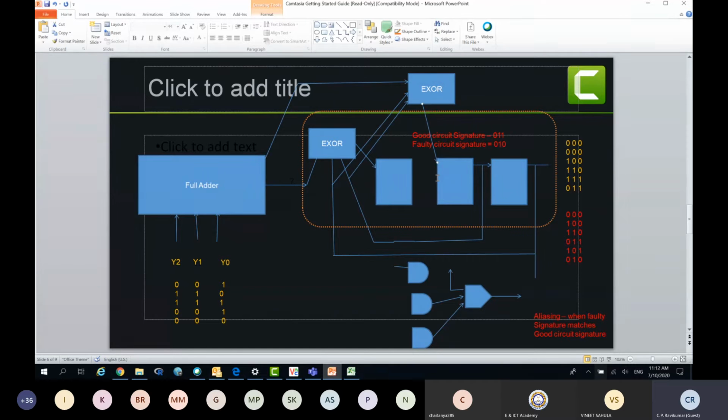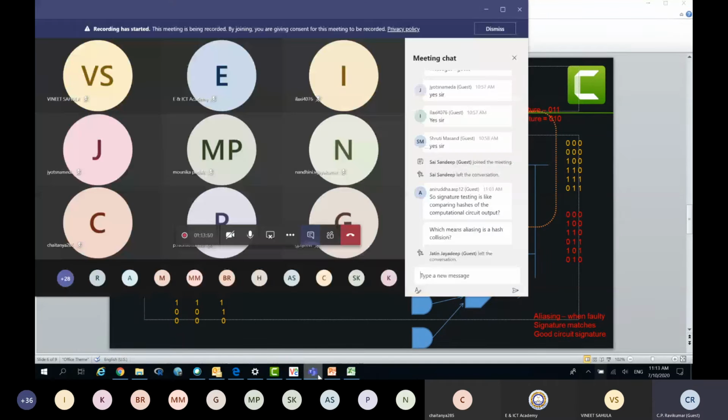So this is called a multiple input signature register because I have multiple inputs here. In this example, I will have 5 inputs to the full adder, and I will have 10 bits coming out. In each clock cycle, I'll get 10 bits, and they are getting compressed here. So we'll have to simulate, and this simulation may not be correct, so we'll have to do it differently. That is sort of an exercise. So let us try that.